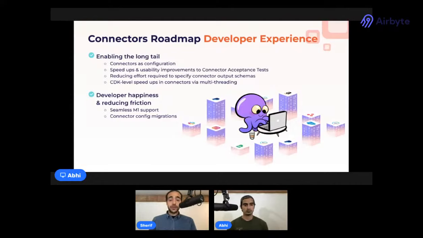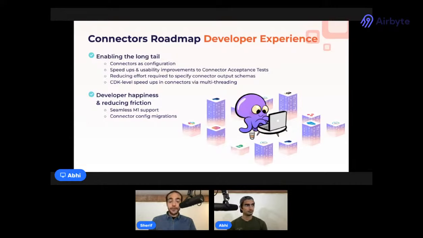Another item we're focusing on this quarter is connector acceptance tests. These are the black box test suites which give us a lot of assurance that our connectors are behaving correctly and maximize our leverage. There's a blog post coming out about this on Monday, so stay tuned. We've gotten a lot of great feedback that while they're very useful and help developers raise the bar of their output, they could be faster and a bit more ergonomic. So we're focusing on significantly speeding up local iteration time by allowing caching of API responses natively inside acceptance tests, and making them easier to interact with, whether through the output test reports, the ability to selectively run specific tests, or pre and post hooks.